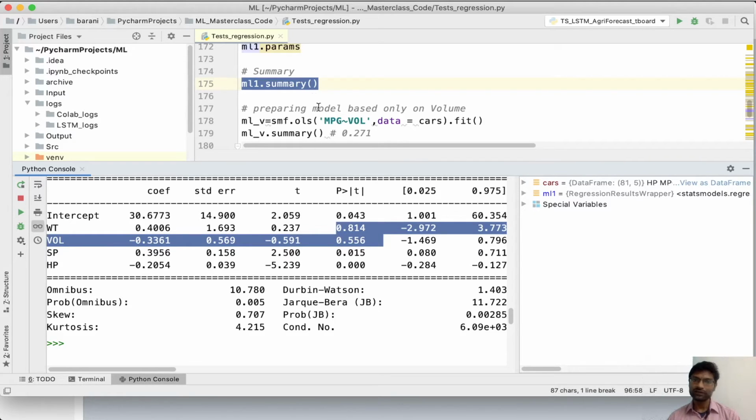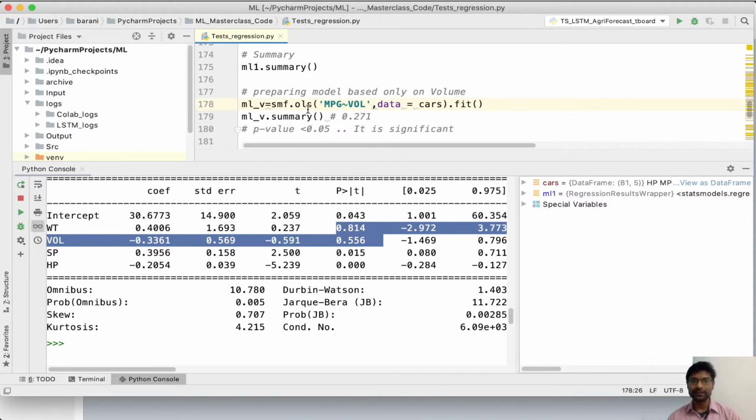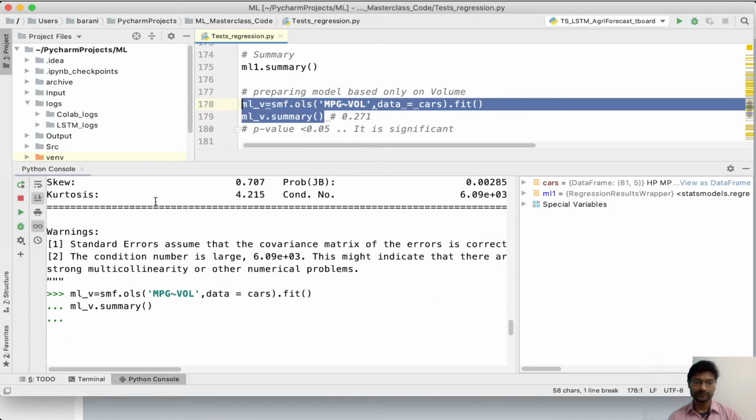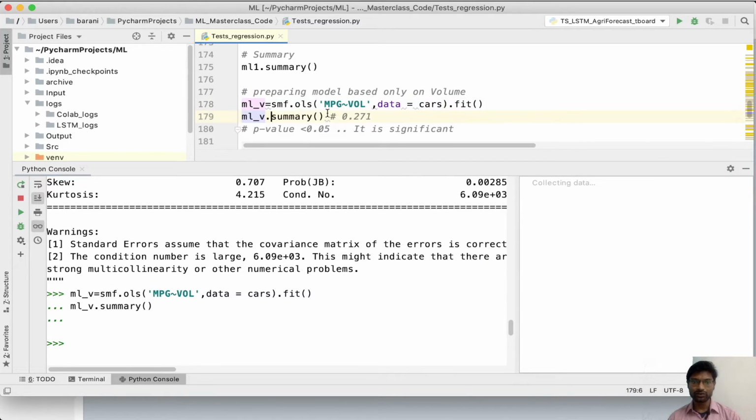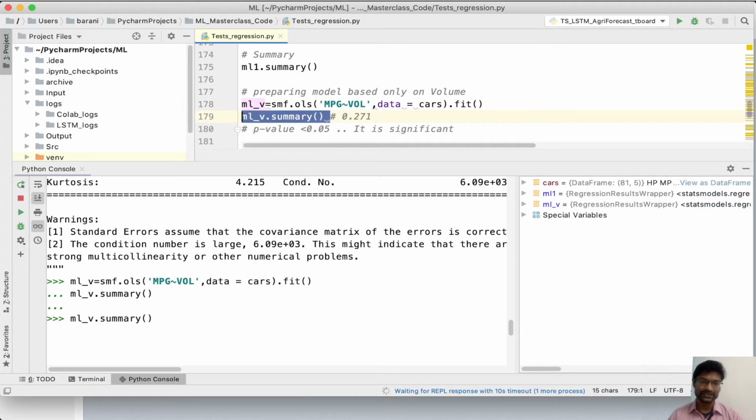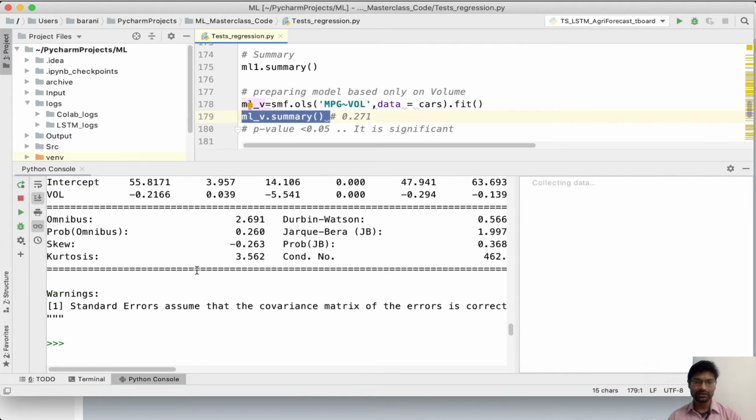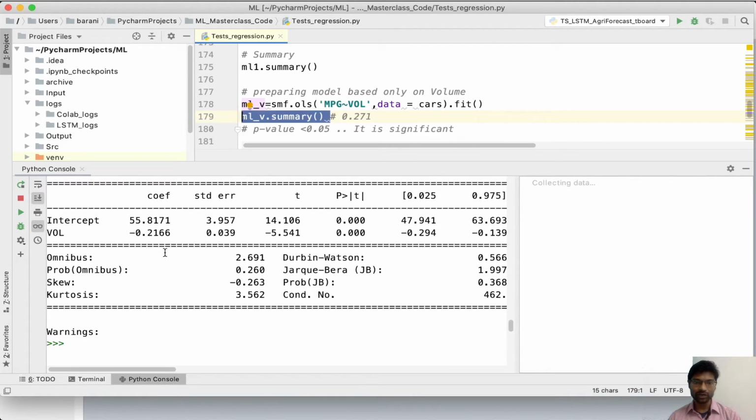For that purpose, the next step is we are going to try and rebuild the model again, predicting y mileage against just the volume, because we are trying to ignore volume and weight. So in this case, let me build the equation against mileage and volume alone, data equal to cars, fit the model, and see what the summary returns. To print the summary, either I have to put it inside the print statement or just execute it again. So here we are able to see the volume again.